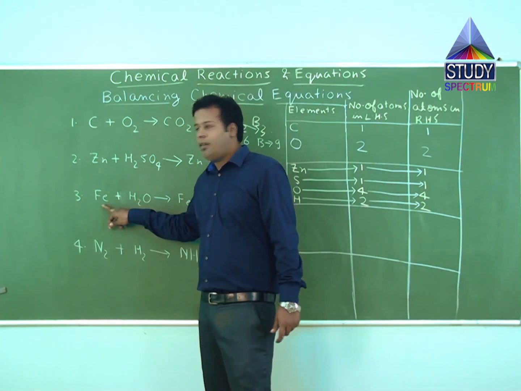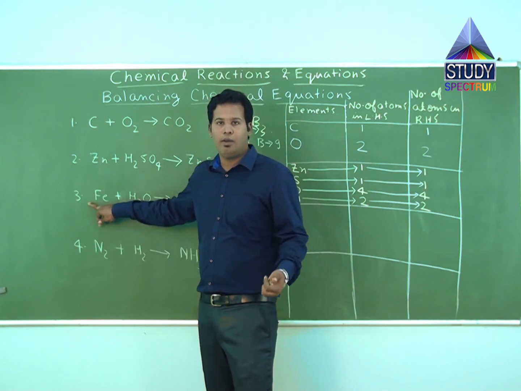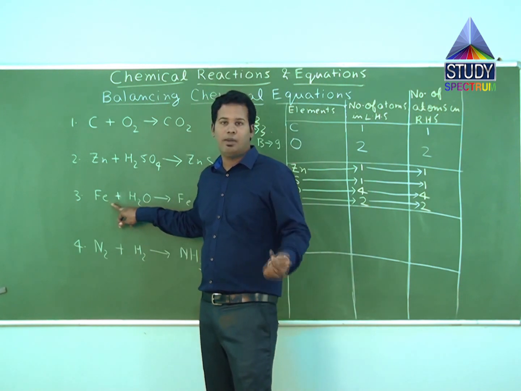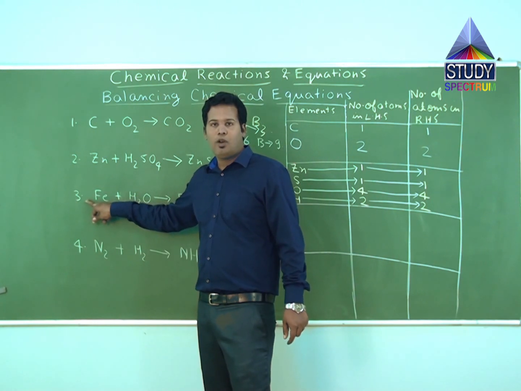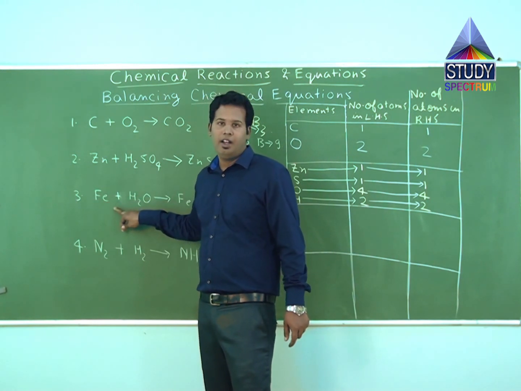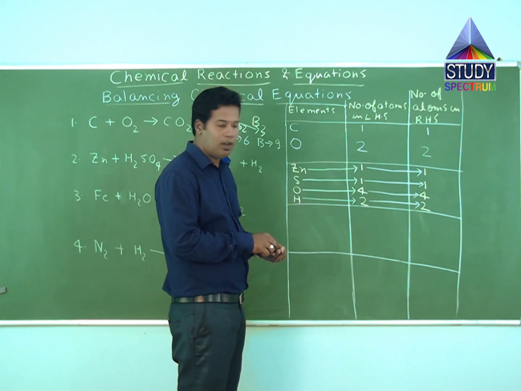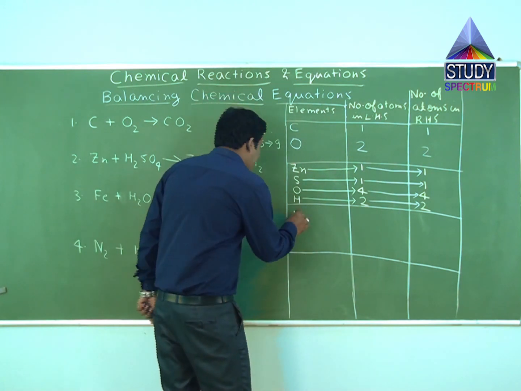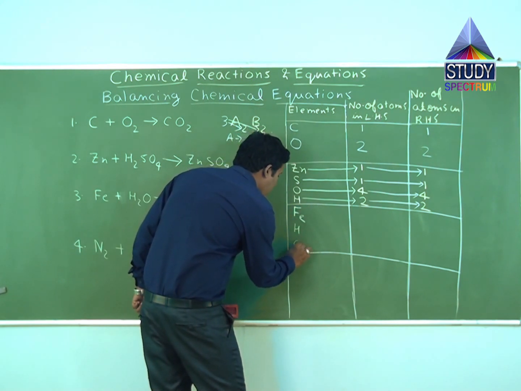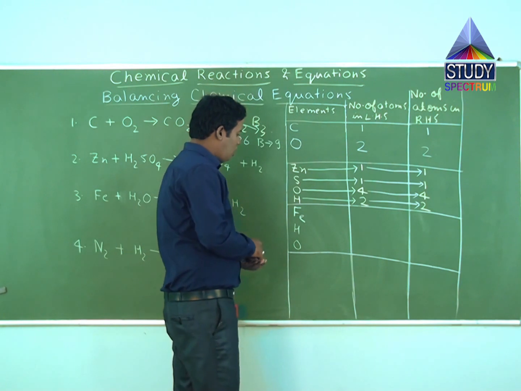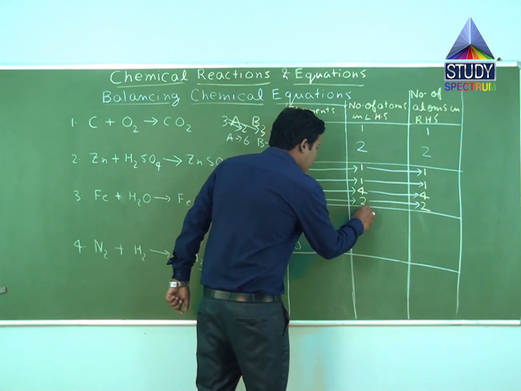Now, if you see over here, it is only Fe. It means the coefficient is 1, since nothing has been written. Suffix is also 1 since nothing has been written there. So, coefficient is 1, suffix is 1. So, number of atoms of iron will be 1 into 1, that is 1. And in the second reactant, iron is not there. So, number of iron atoms in LHS will be 1. First of all, we write the name of the element, that is Fe, hydrogen and oxygen. So number of atoms of iron in LHS is coming out to be 1.